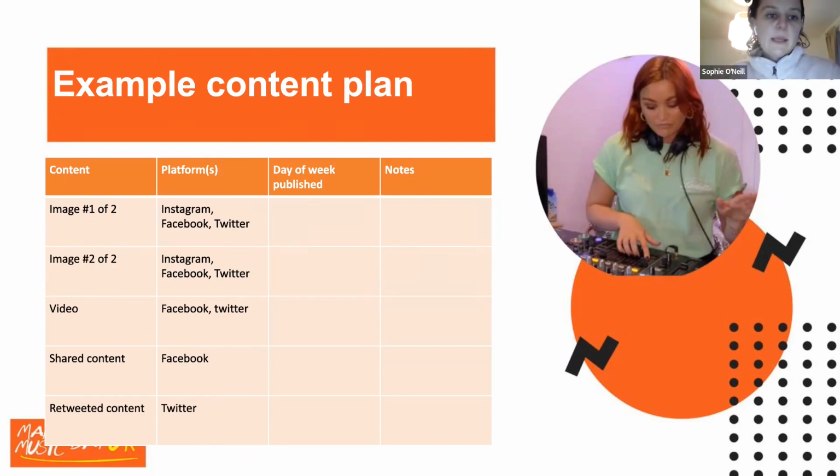Say which platforms you'll be posting what on and when, and maybe track how things perform as time goes on, so that you're not feeling like you have to come up with something to post just because you need to post something.